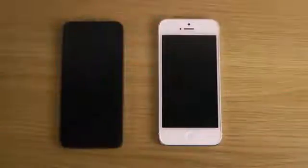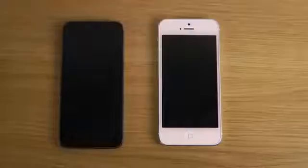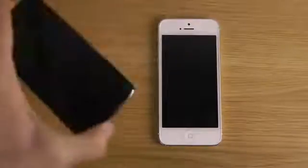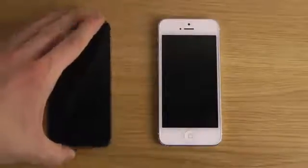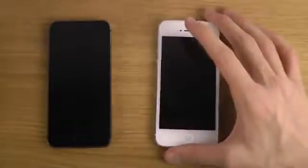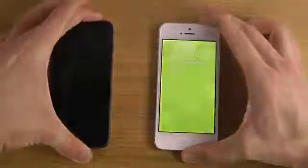Hey guys, so today I want to check out the first iOS 7.1 release here from Apple, the iOS 7.1 beta versus Apple's iOS 7.0.4 update, which actually came out like 3 days ago. So I have my 5S here with the latest beta, and then I do have my iPhone 5 here with 7.0.4. I already made a review checking out iOS 7.1 beta on the 5S, so you probably want to check that out. But let's just